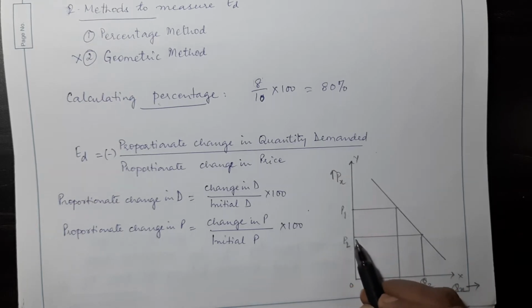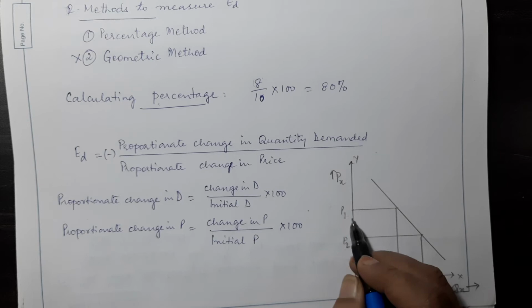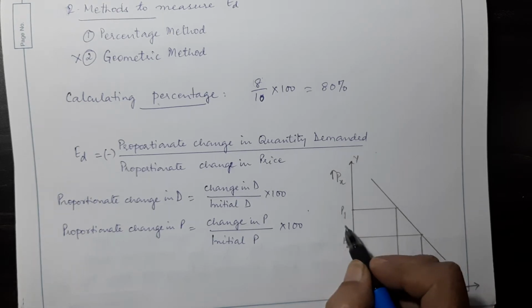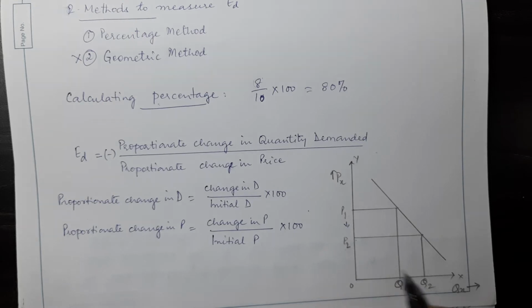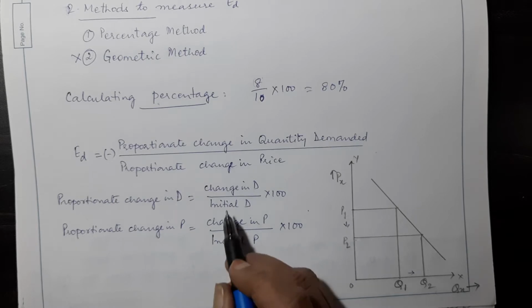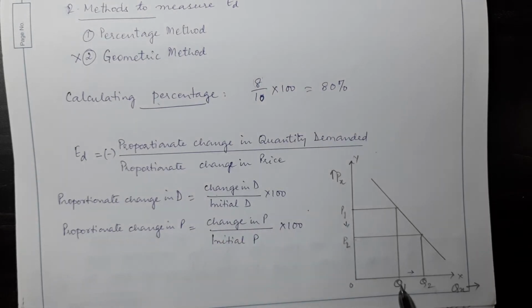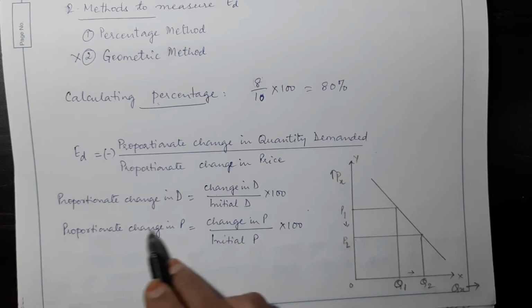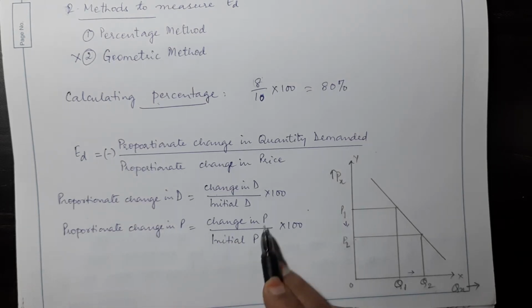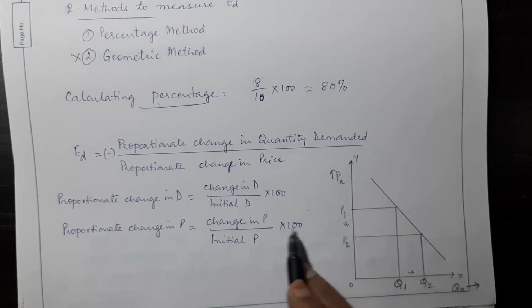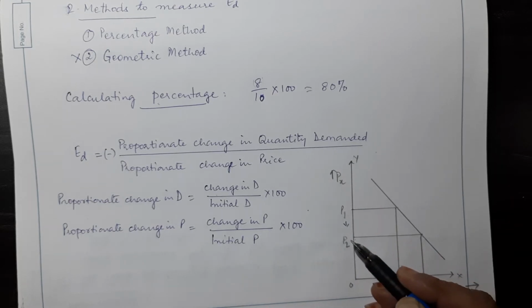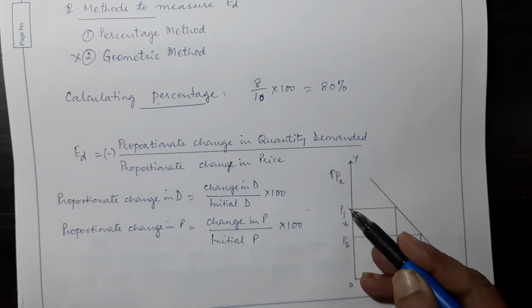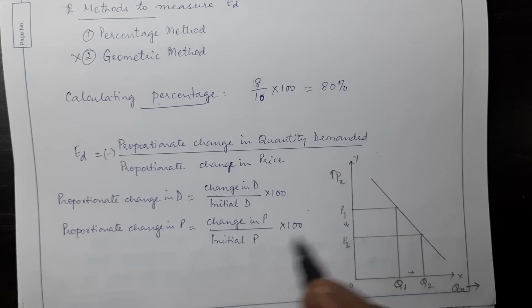So what is a change in demand over here? Let us say we talk about a fall in price, isn't it? So when there is a fall in price from P1 to P2, there is an increase in demand from Q1 to Q2, right? So change in demand would be given by Q2 minus Q1, and initial demand would be Q1. Then proportionate change in price will be given by change in price by initial price into 100. Change in price would mean P1 to P2. So final price is P2, so P2 minus P1 will give us change in price, by initial price P1